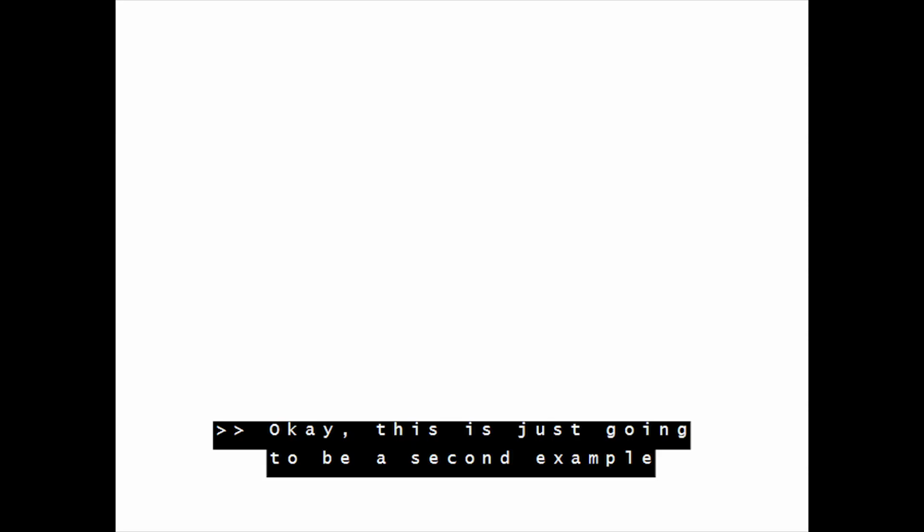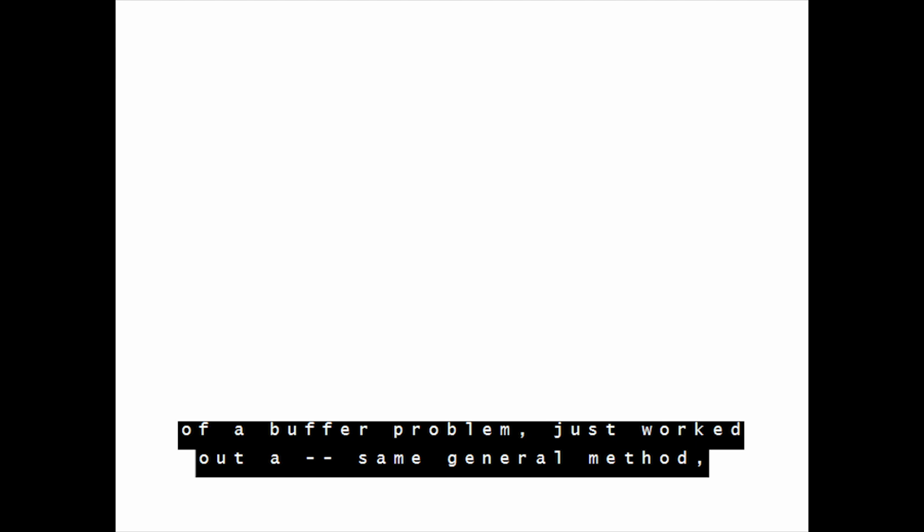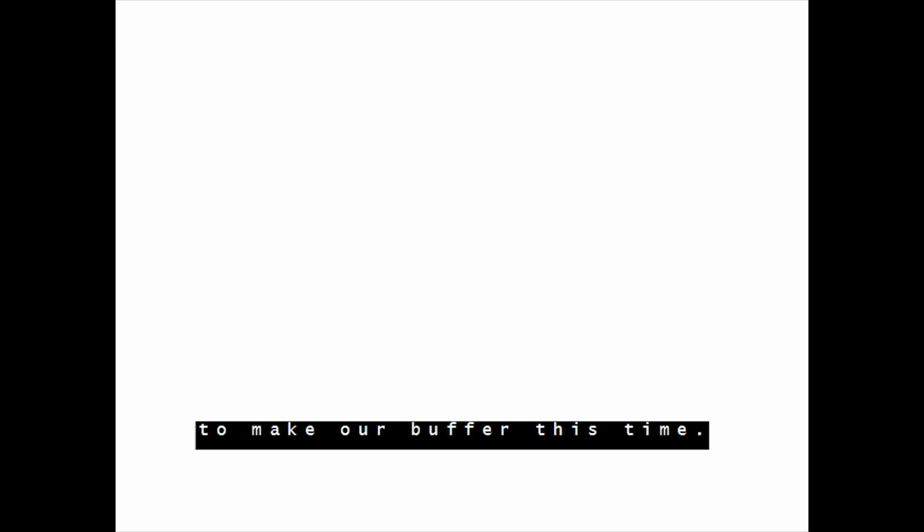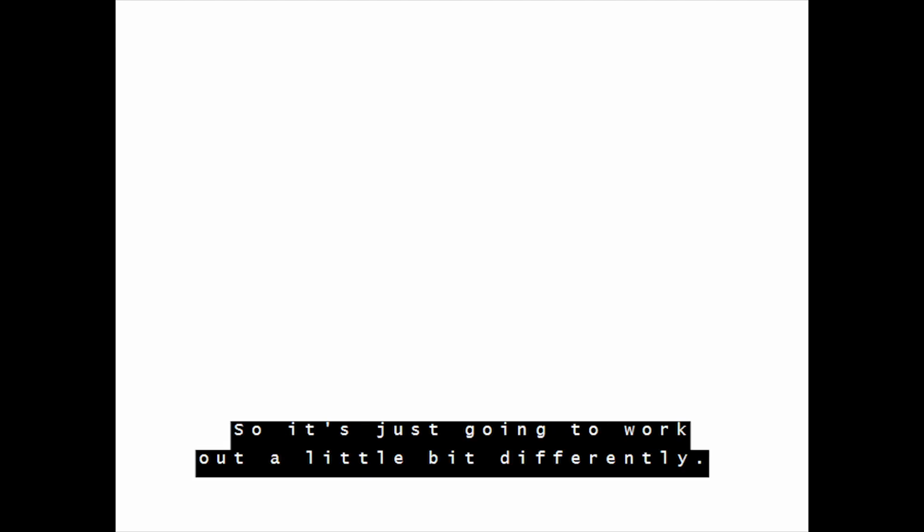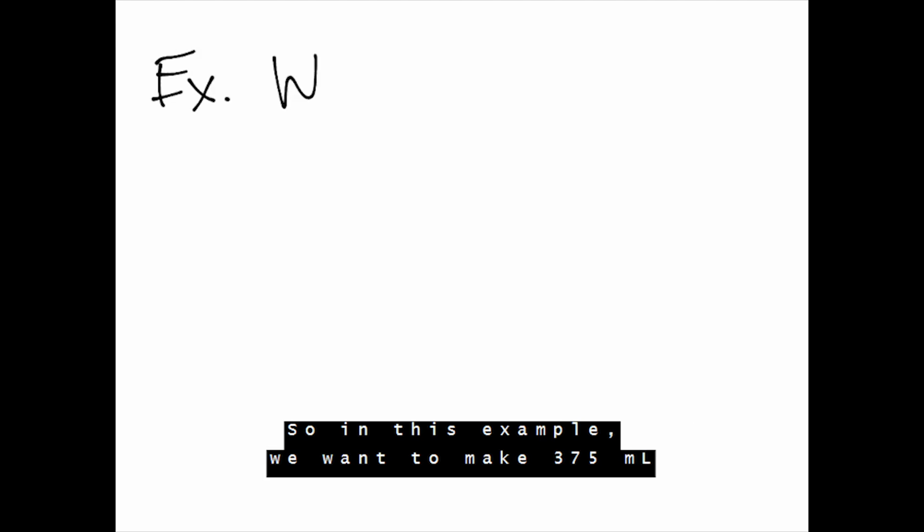Okay, this is just going to be a second example of a buffer problem. Just worked out same general method, but we've got something different on the shelf to make our buffer this time. So it's just going to work out a little bit differently. So in this example, we want to make